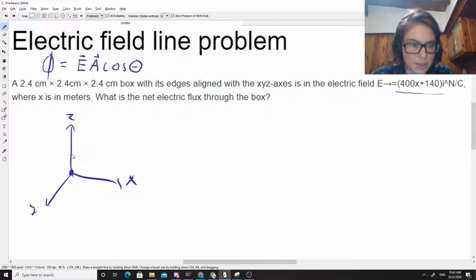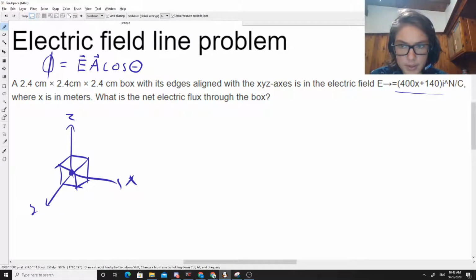I can draw better than that. It's not going to be perfect, but oh well. I'm not much of an artist. There's your box. And we're trying to find the electric flux through it that has been created by this electric field. Your electric field is given by kind of a funky equation. It's given by 400x plus 140